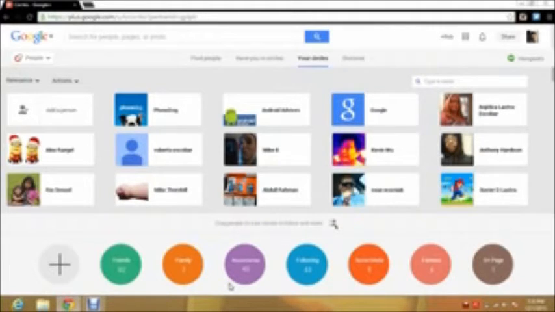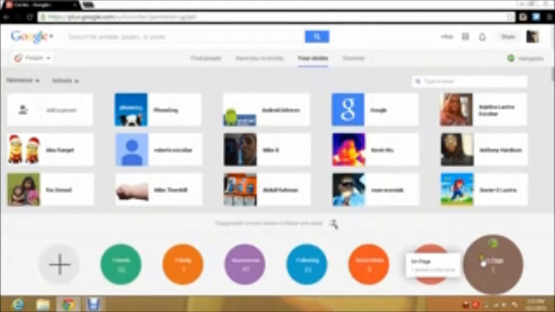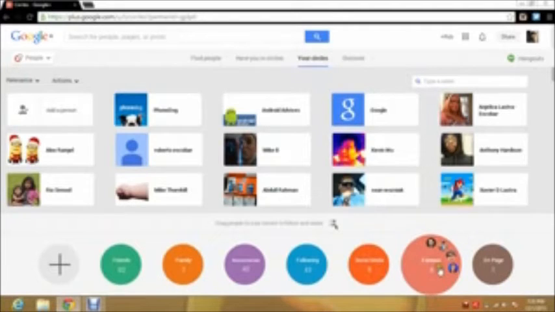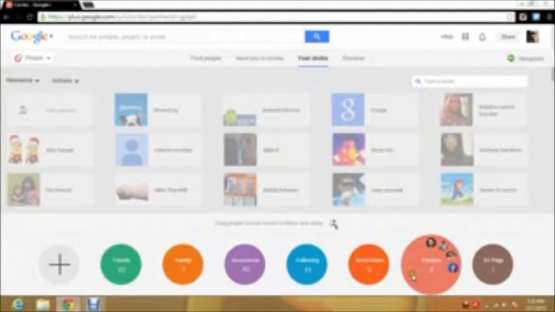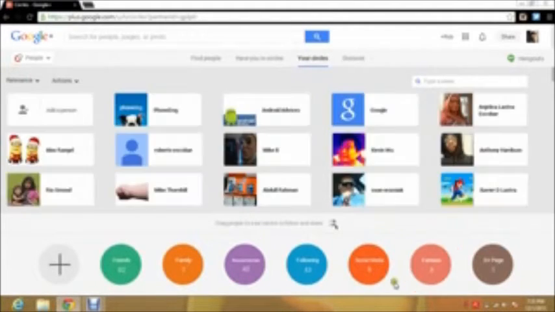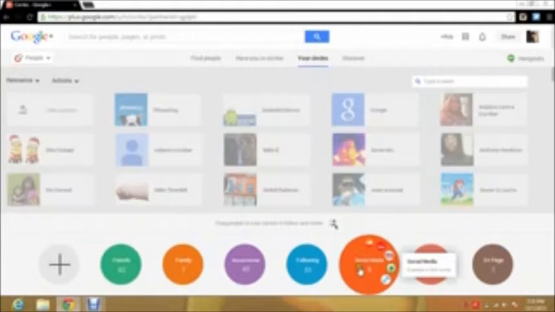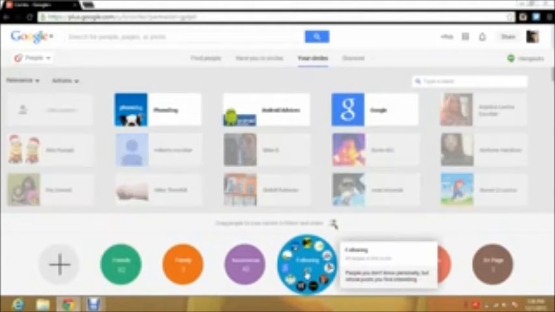4, 5, 6, 7. That's 7 circles. One circle is a G Plus page. That's one that I made myself. Famous is just like YouTube celebrities, other celebrities. So I just have them in famous. Social media, it's just different companies that have a Google Plus page, like SoundCloud or Verizon, Virgin Mobile, all that stuff. Following is just people that I really don't know, or just small companies or whatever, and I'm just